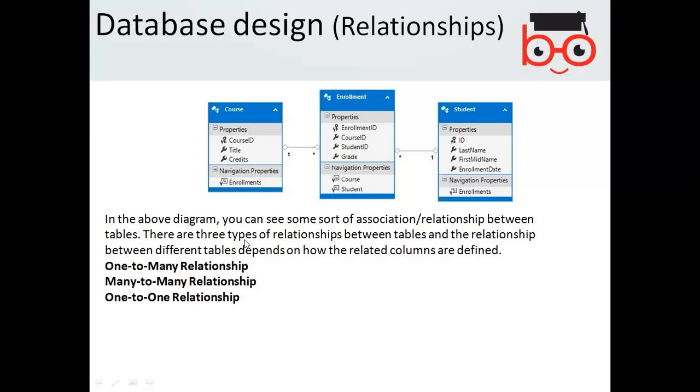There are three types of relationships between the tables, and the relationship between the different tables depends on how the related columns are defined. So one to many, many to many, and one to one.